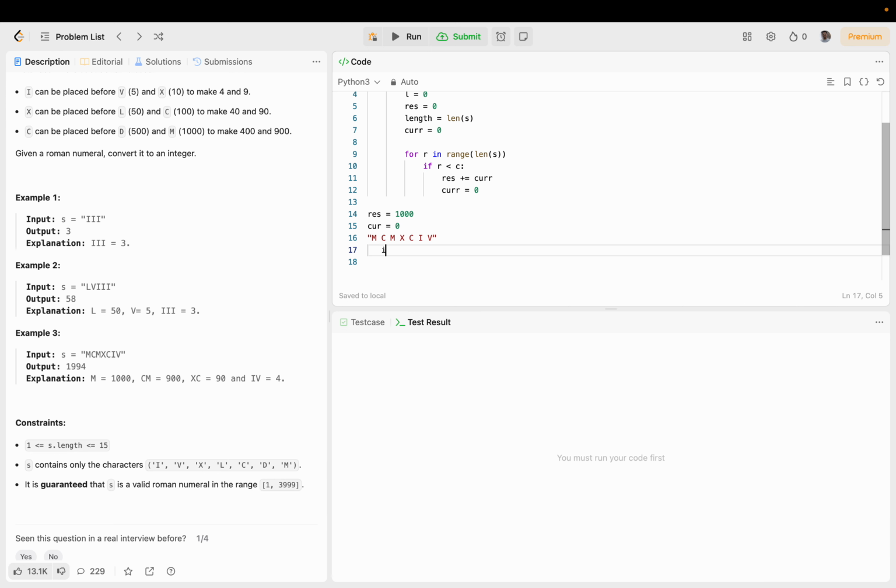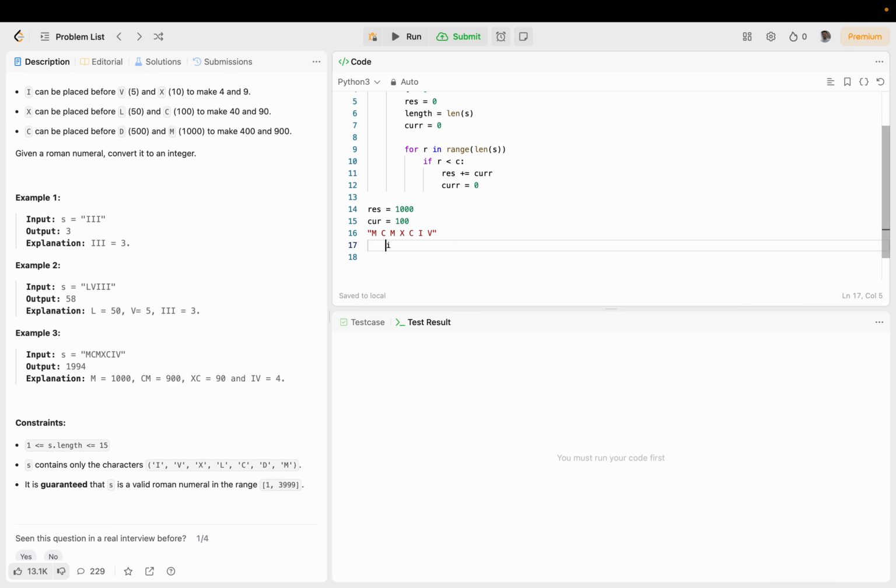Now I is equal to I plus 1. Is I plus 1 less than I? No, it's not. So cur plus equals 100. Okay, go forward one more time. Is I plus 1